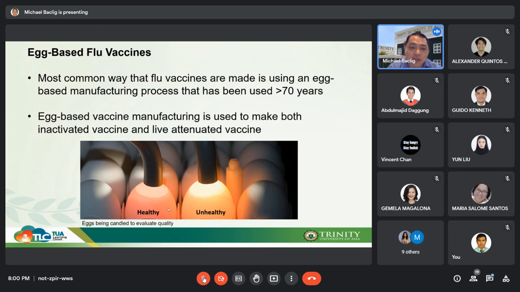So this has long been used, and they are used in inactivated vaccines, as mentioned by Peter, and also live attenuated vaccines. I have here a photo which I borrowed. I just forgot to write the reference. This is how they screen the eggs in terms of quality. They put a candle onto the eggs and see whether the eggs would be a candidate to be used for later vaccine